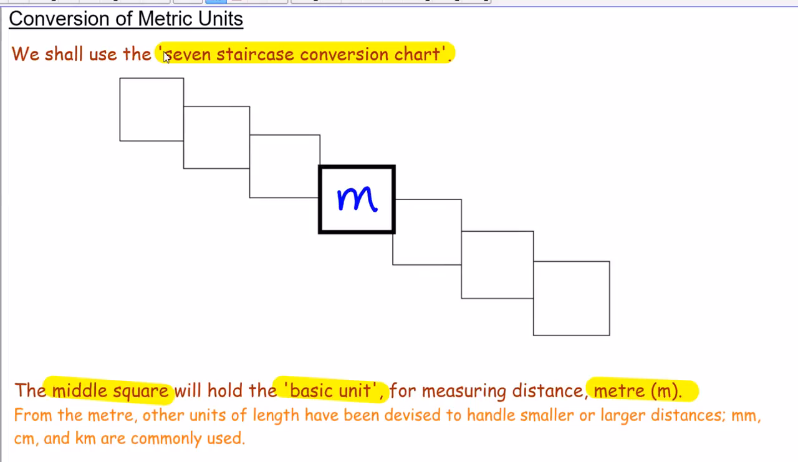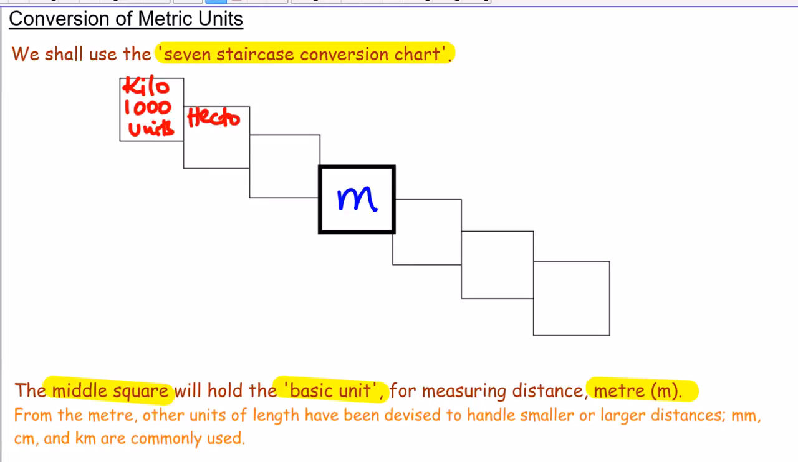Now, from the meter, other units of length have been devised to handle smaller or larger distances, for example, millimeters, centimeters, kilometers, and there are others as well, though you rarely use them. So, what I'm going to do is to start from the top, and I'll start from this prefix called kilo. So this is just a prefix which means 1,000 units, and then followed by that there's